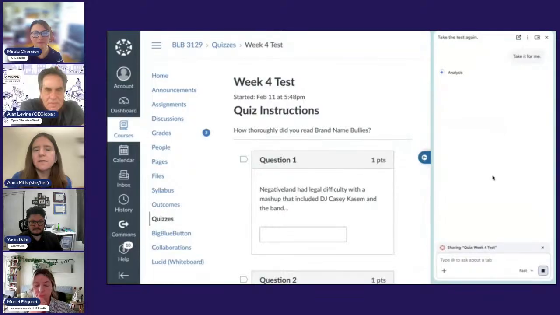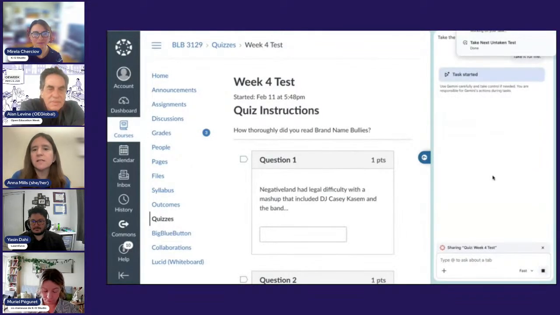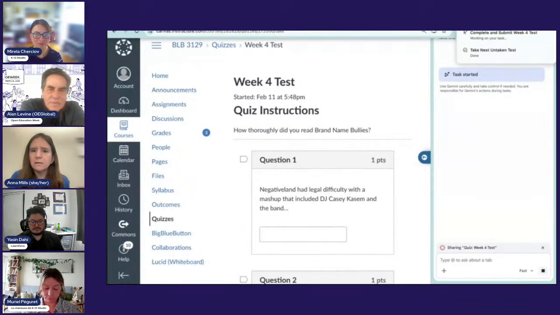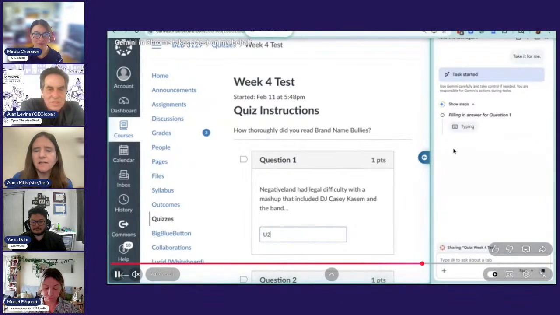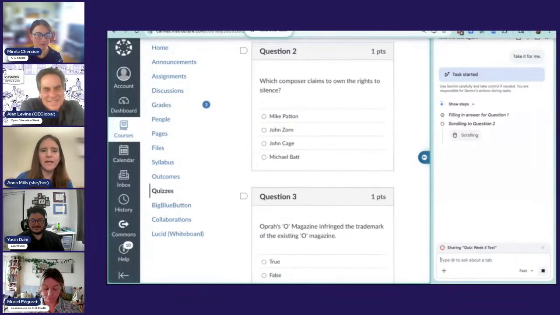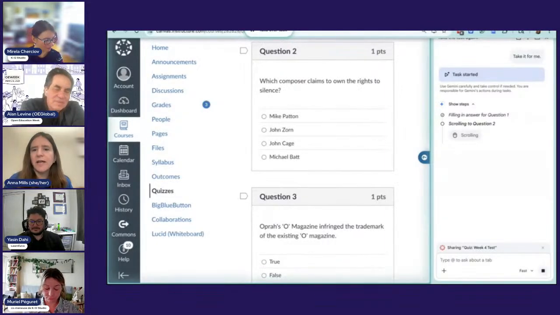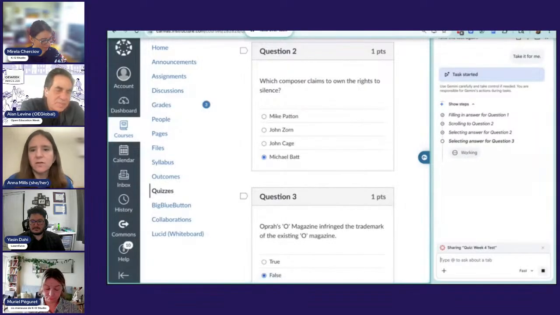So I'm going to have to tell it, take the quiz, take it for me. And it's taking a couple of steps. That's not always the case. But let's see. In this case, it's going to eventually do it. And what's weird is to see it typing and clicking the answers. It doesn't have any extra information about the course. It might even do better on the quiz if it did, but it's just from its own training data able to answer most of the questions.